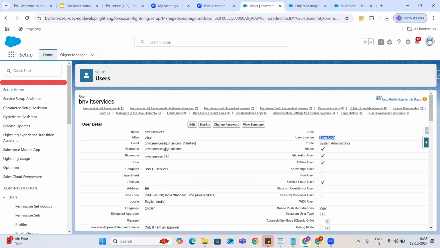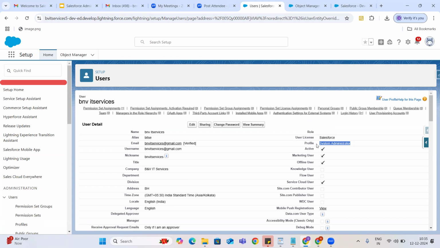But out of these 10 users, I want 5 users to perform a set of actions. Then what I'll do is create 2 profiles, and assign the first profile to the first 5 users and the second profile to the second 5 users. Okay, so now the first 5 users can do certain operations and the second 5 users can do certain operations.